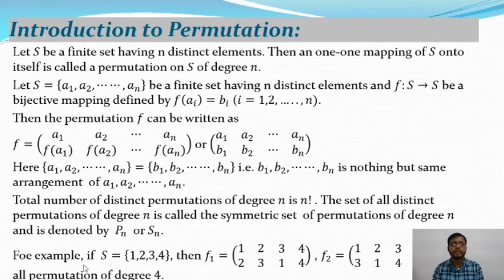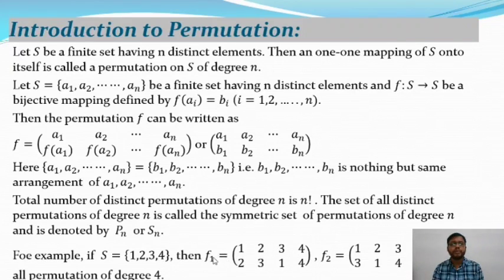So for example, if S is a set of 4 elements 1 2 3 4, then f1 is equal to 1 2 3 4. These are the elements of the domain set, and the corresponding codomain set elements are 2 3 1 4. That means 1 goes to 2, 2 goes to 3, 3 goes to 1, 4 goes to 4, corresponding to